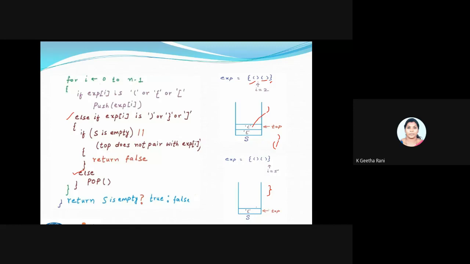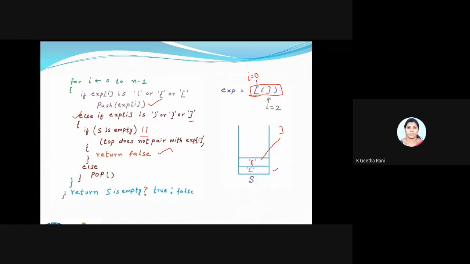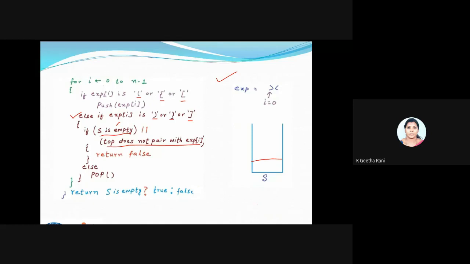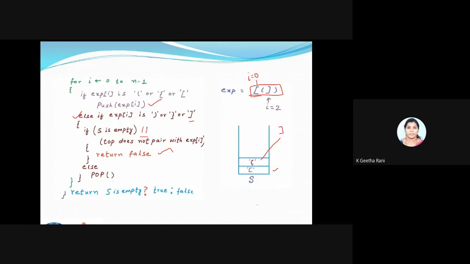Now my stack will be an empty stack, which is going to return true. This tells you this expression is a proper balanced expression. Fine, so this is how checking balanced parentheses works using our stack concept. I'm not writing the code for you; I gave you the concept and the pseudocode for it. You guys just try to convert this pseudocode into a real programming language, either C or C++, your wish.